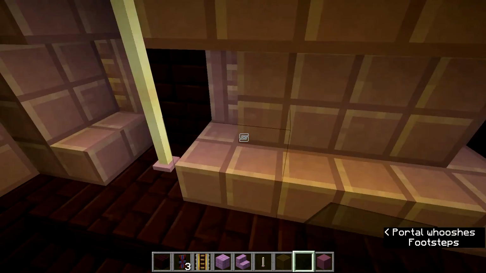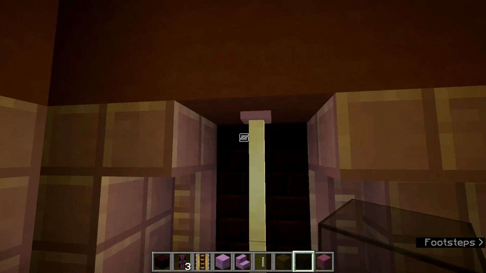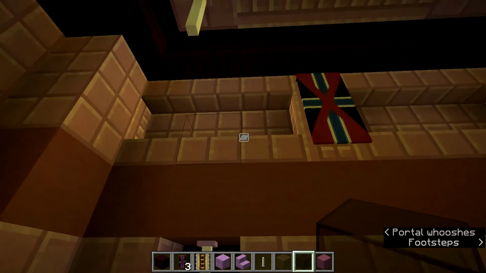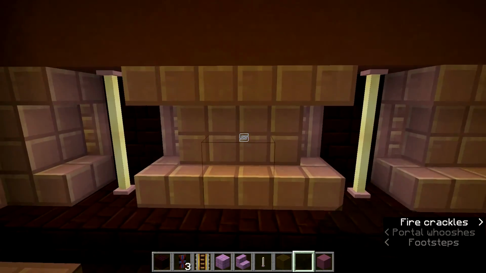So every 4 blocks, we've got a pair of end rods. We've got another brick behind. We've got a bit of pillar in the corners there. We've got this design. I think it's quite nice. I might adjust it. Not sure about up here. I definitely want something on sort of the off